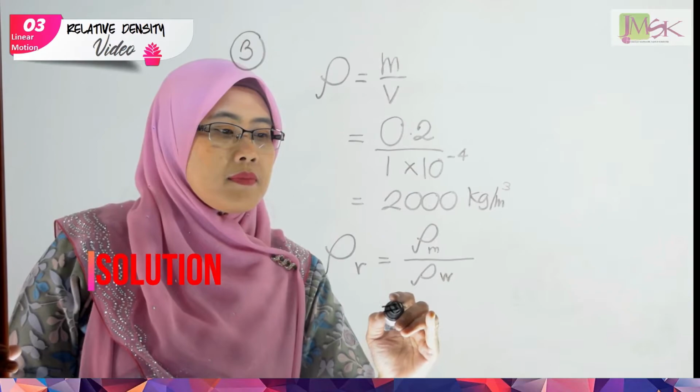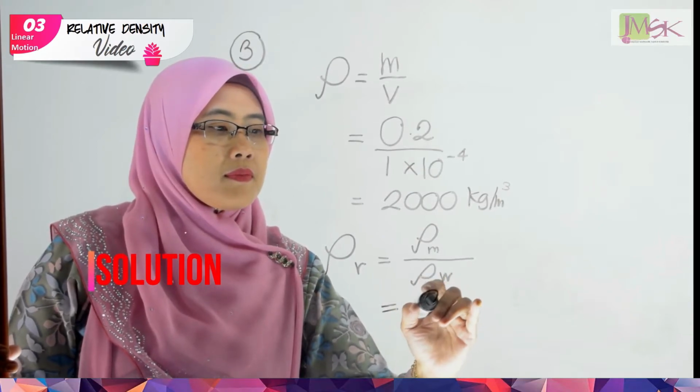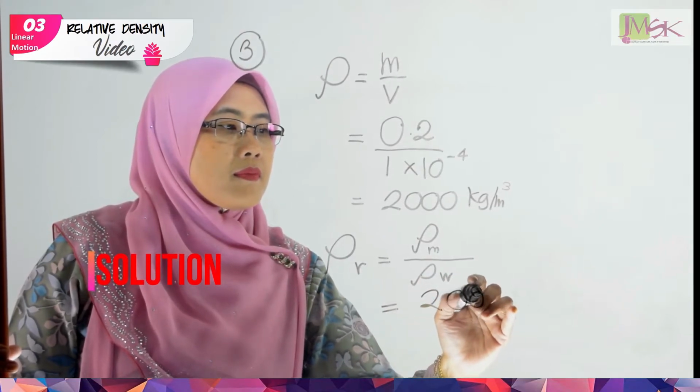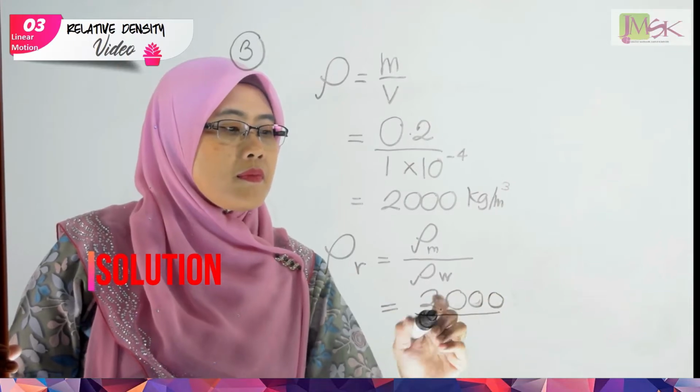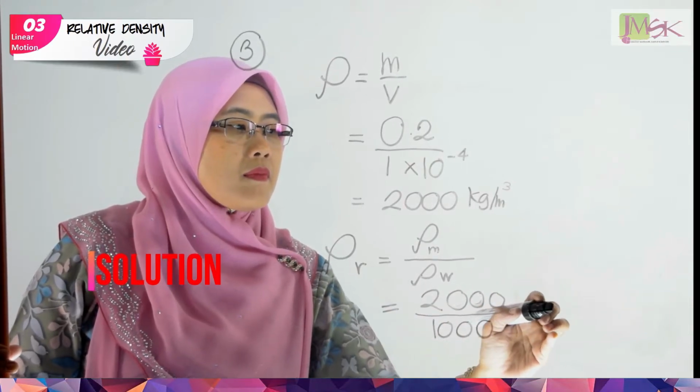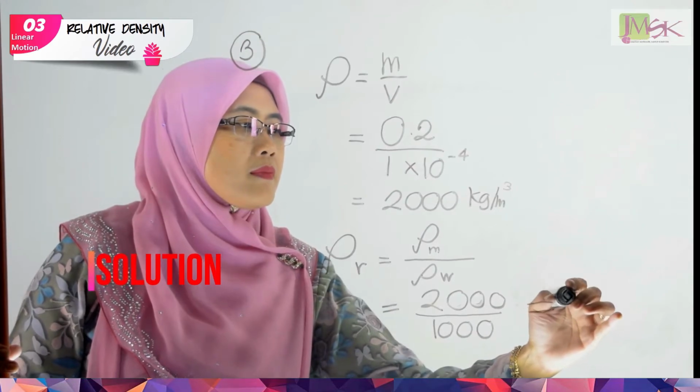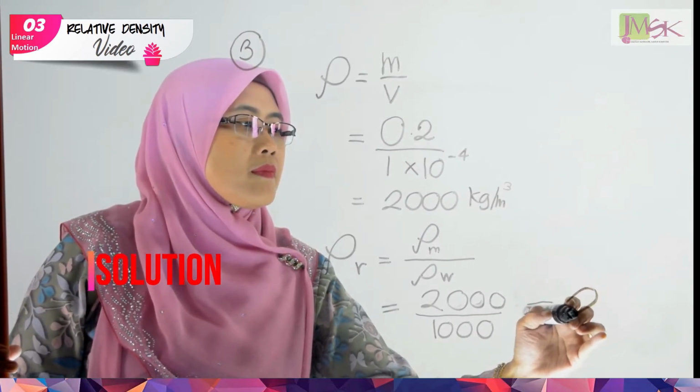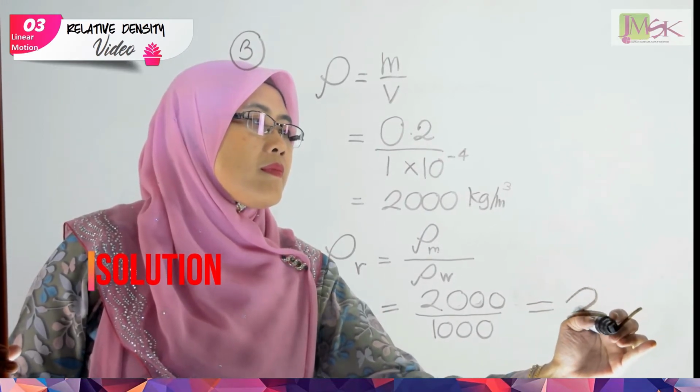Given that density of water equal to 1000 kilogram per meter cube, insert the value of material density and water density. So the final answer is